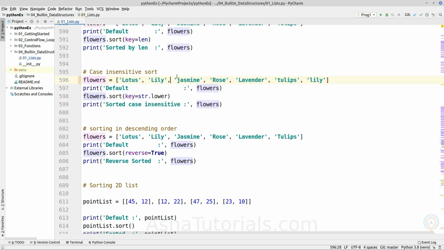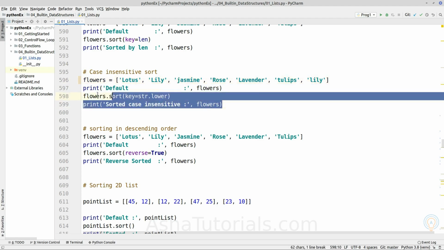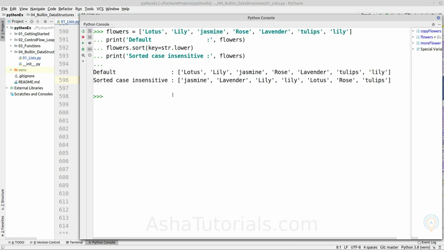Okay, so if we have capital and small letter strings, we can sort it in a case insensitive manner. As you can see here, both strings are sorted as per their given value.